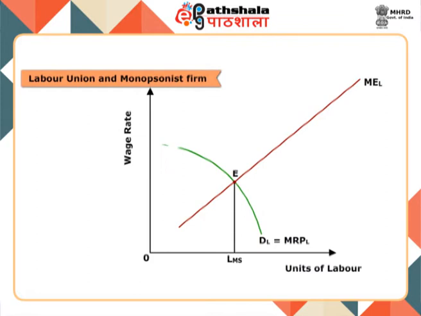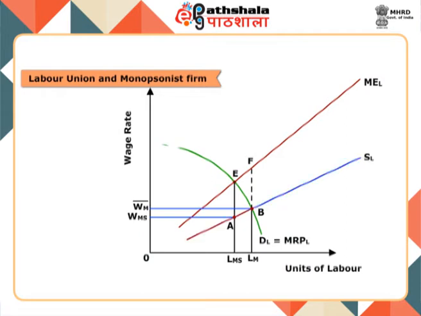The monopsonist firm will now hire OL-MS units of labor and will pay wage WMS. Now assume that labor is unionized and assume also that the goal of the labor union is to maximize the level of employment. The union therefore sets wage rate W bar M at which the MRPL curve cuts the SL curve. Since below W bar M, workers are not ready to work, the supply curve of labor becomes a kinked curve